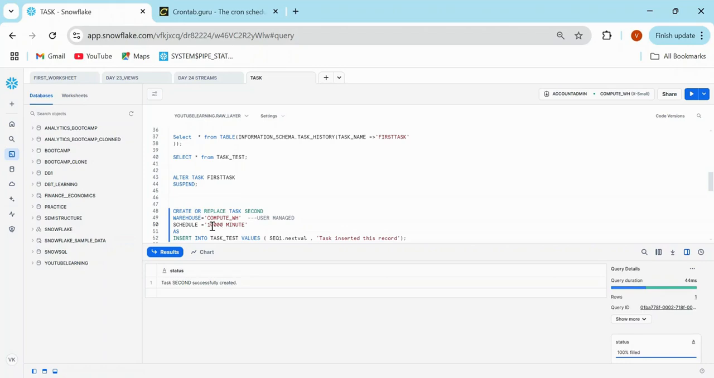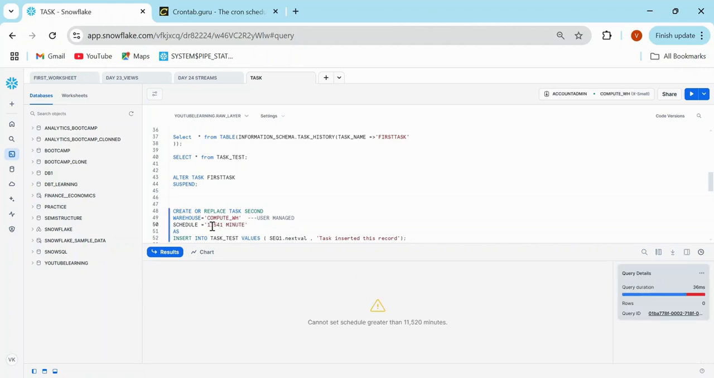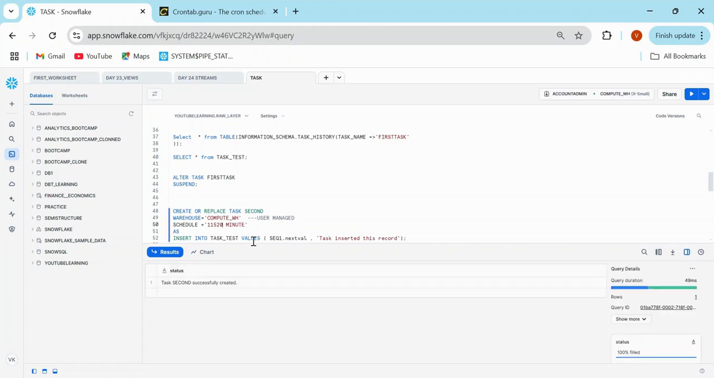Like I can put it over here, that is 11,541. If I'm going to pick it, it will throw an error. Why? Because the maximum we can do is 11,520 minutes, which is exactly 8 days. So the maximum interval we can set in terms of minutes is 11,520 minutes, but it is going to be